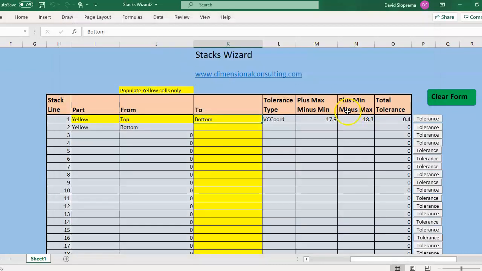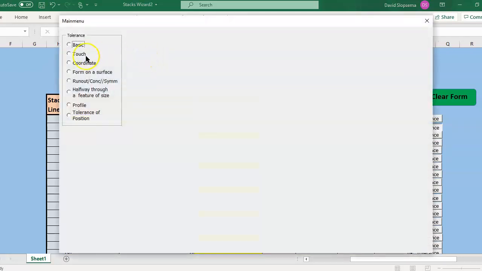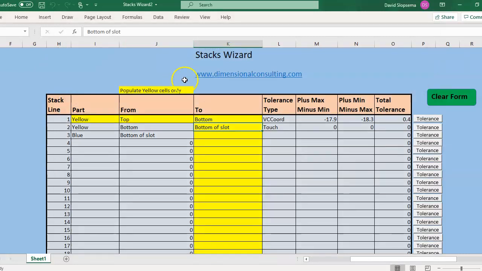Apply, and it has put our LMC in the one column and our virtual condition in the other column. It's labeled it virtual condition coordinate, so it alerts us when we go back over the stack that this is one of those where we did the LMC and the virtual condition instead of just doing an LMC and MMC. Okay, now we're at the bottom of the yellow. We need to go to the bottom of the slot, and that's changing parts. So we're going to have a touch condition, go into the blue part, and then go from the bottom of the slot to the top of the slot,